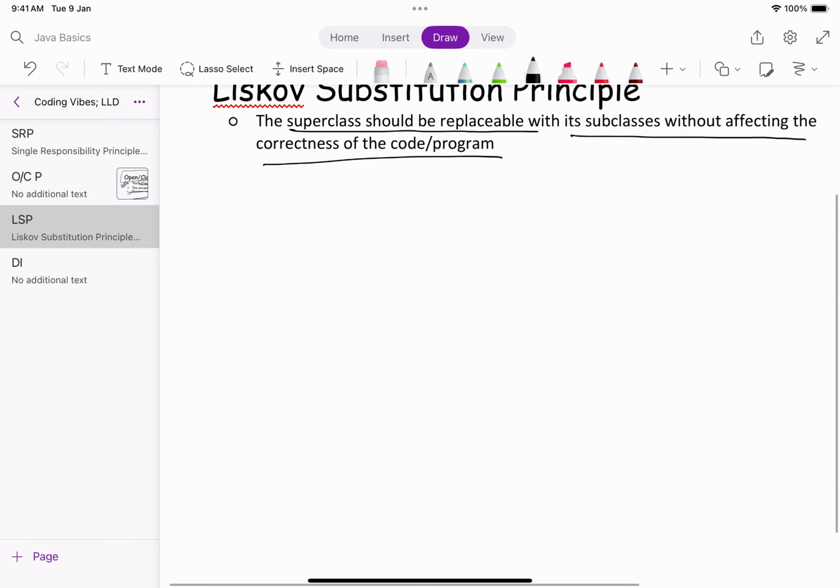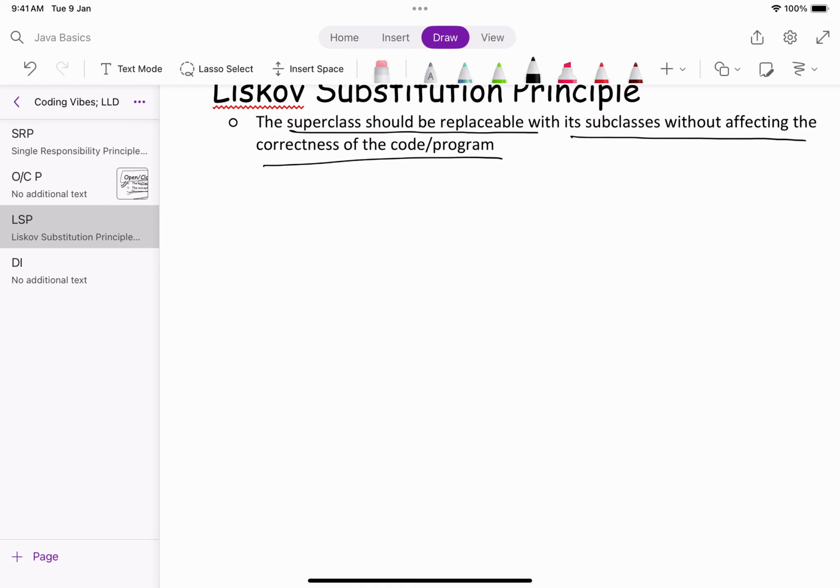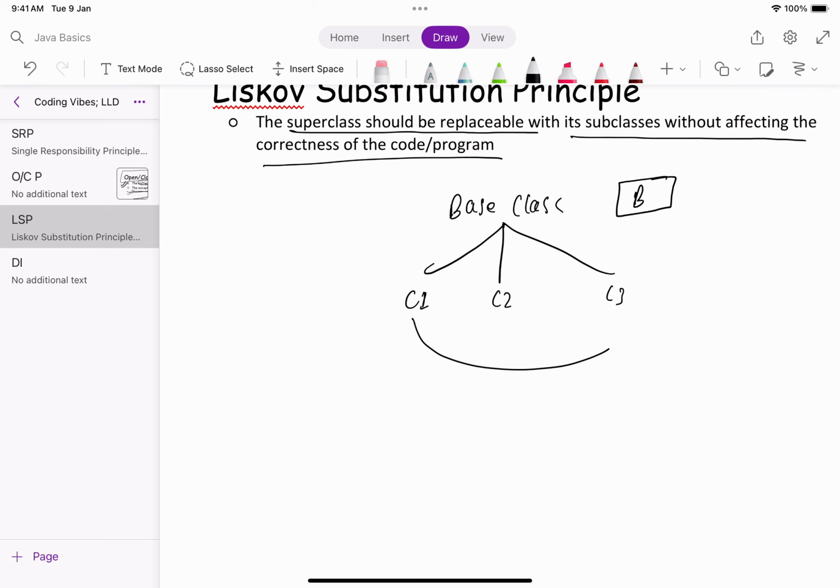Let's say you have a superclass. Superclass is nothing but the base class. So if you have a base class and it has some child classes, let's say C1, C2 and C3, and let's say this is the base class B. According to Liskov substitution principle, you can always replace this superclass with its subclasses.